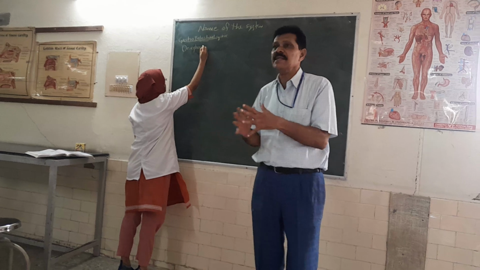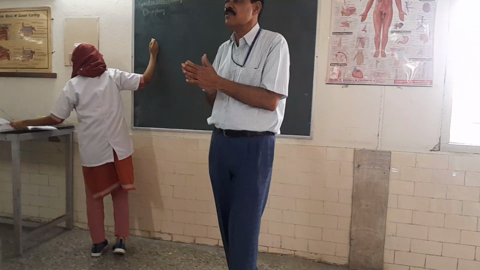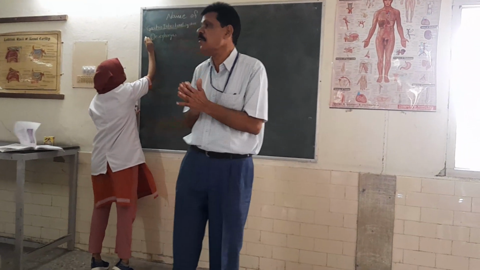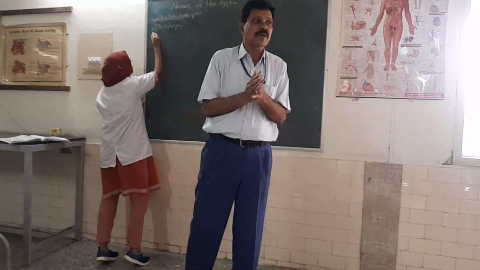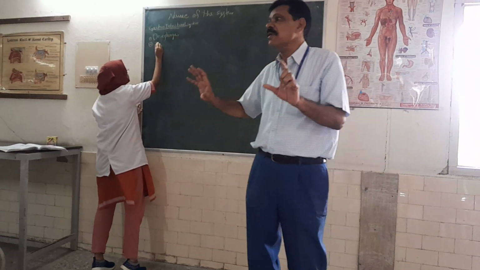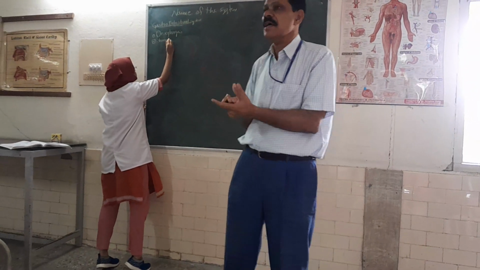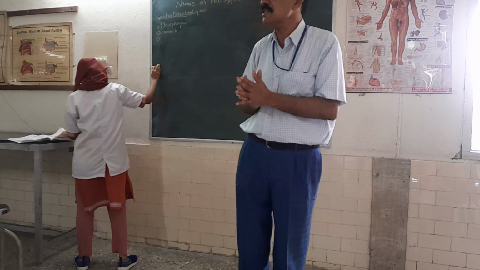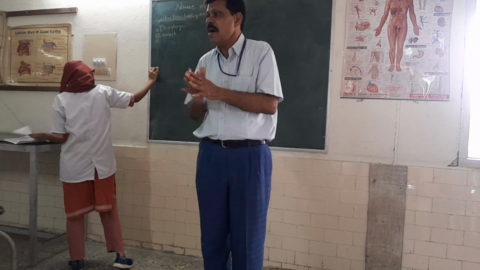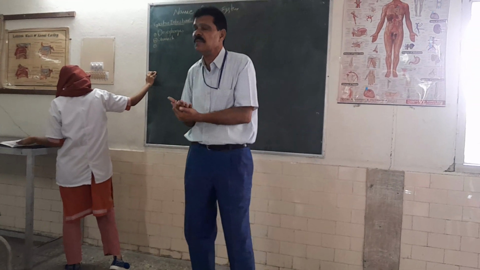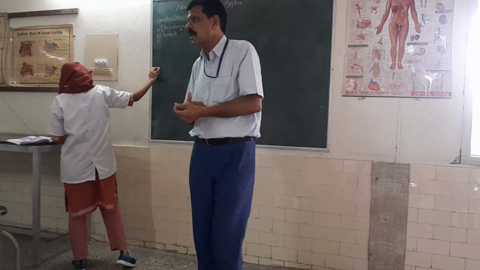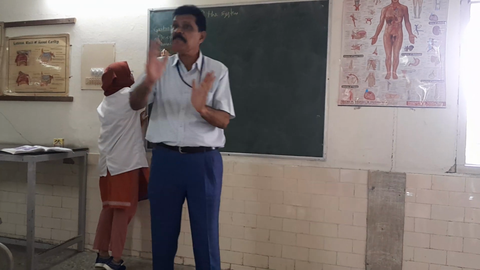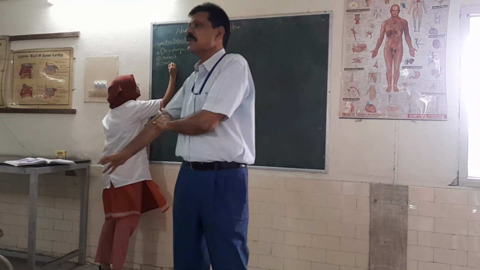The digestive system is a typical system. There are 4 layers in the digestive system, in all digestive system slides. What are those 4 layers? Mucosa, submucosa, muscular layer, and serosa. These typical 4 layers will be seen, but some differences are there in the various slides. So all 4 layers you have to identify. The digestive system is an ideal system to understand. After that, you can understand the integumentary system, the urinary system, the respiratory system, different systems, by comparing with the digestive system.